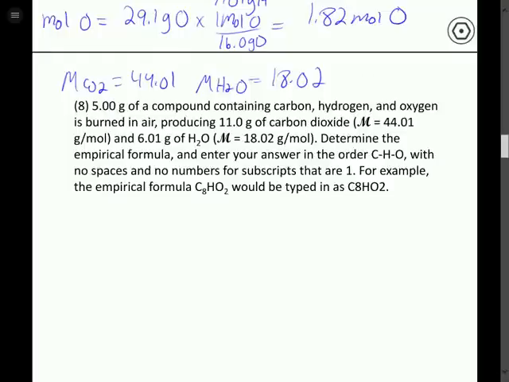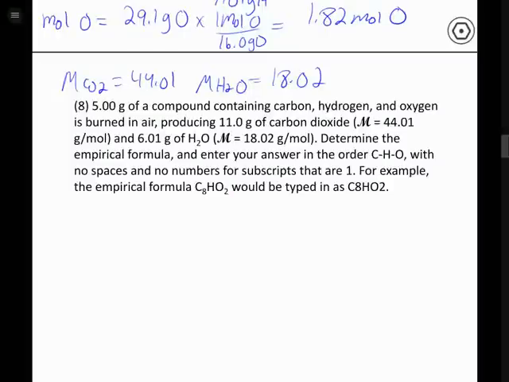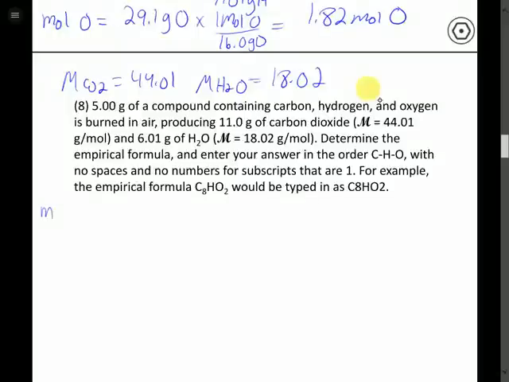So we're burning 5 grams of compound. That's going to have some amount of carbon, some amount of hydrogen, some amount of oxygen in it, and we need to figure out those amounts. So we have to first start with the mass of each element, because that's going to allow us to find the mass of the one that we don't know. So the mass of carbon,